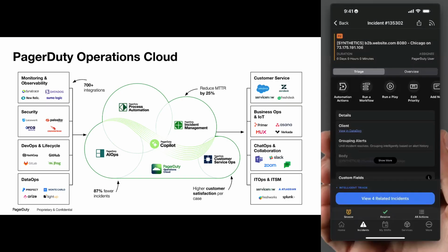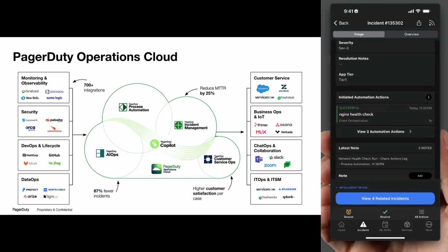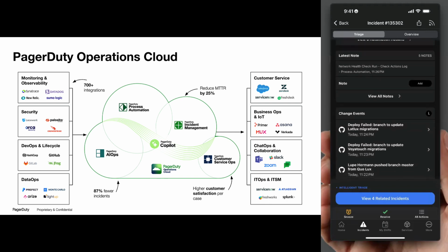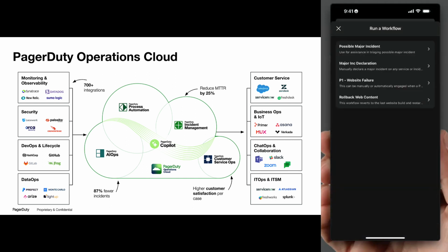At the same time, our customer service agents are engaging with customers. We can see the on-call service owner, Jack, has been paged and is already triaging the incident via the PagerDuty mobile UI. From here, he can see that several automated jobs have already triggered, that there are numerous recent changes, and multiple past incidents similar to this have been escalated to a major incident. Knowing the stack and not wanting to waste any time, Jack wants to get a warning signal out quickly. Directly from the mobile app, he can trigger a workflow, letting the team know that this is a possible major